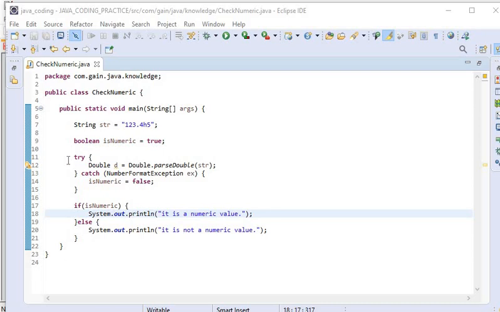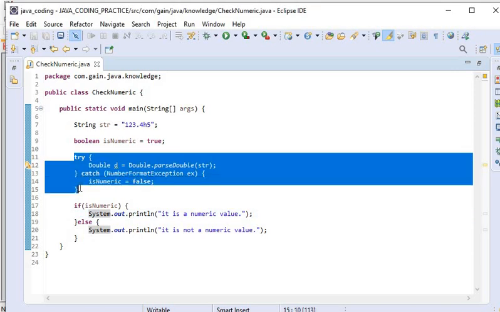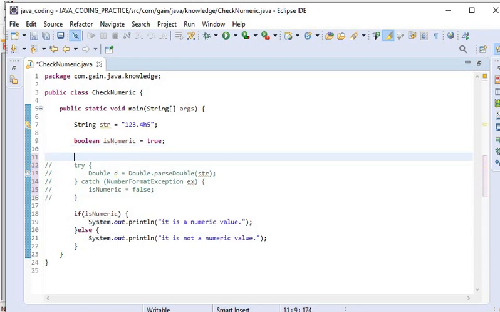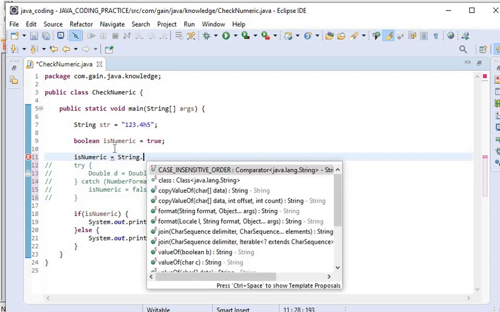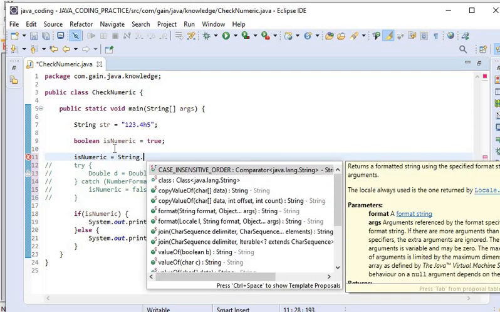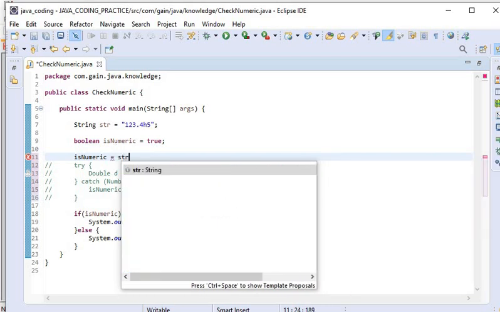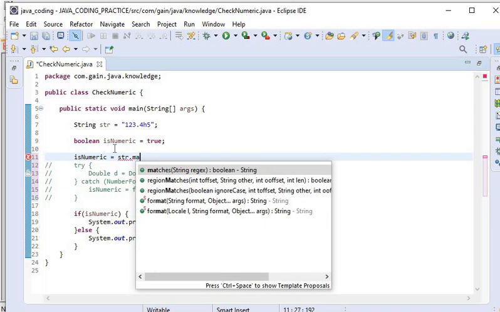The other way to check whether the string is numeric or not is to use a regular expression. So here I will use a regular expression, and here we will declare isNumeric, and I will use the string class matches function, str.matches.